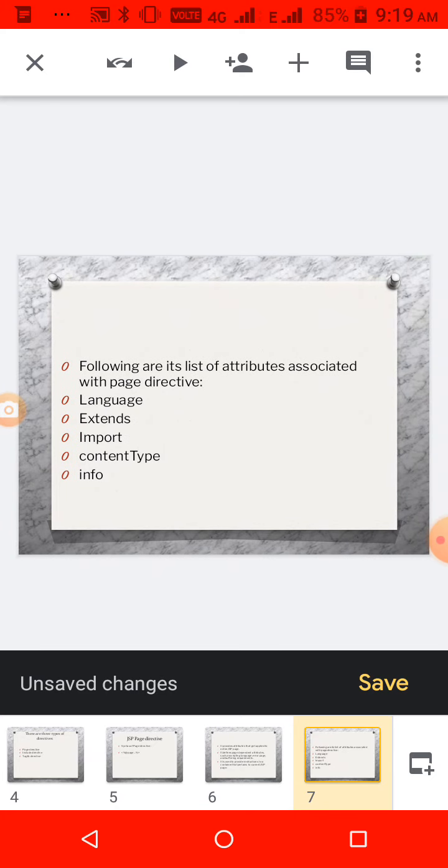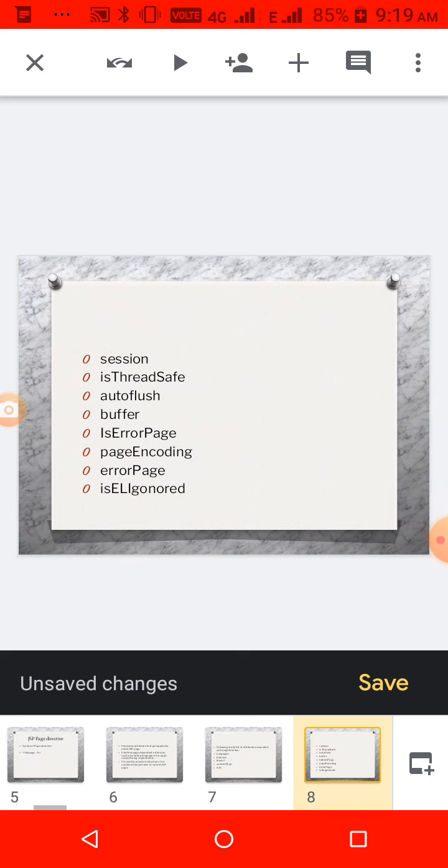So what are the attribute values? We can specify regarding the JSP page which language we are using in the JSP, and then the extends value, import which file we are importing, what is the type of the content we are using in JSP, and information regarding the JSP page, whether we want to start the session, whether we want to execute threads, whether we want to flush that buffer, that is clear that buffer, or the buffer size, or error handling.